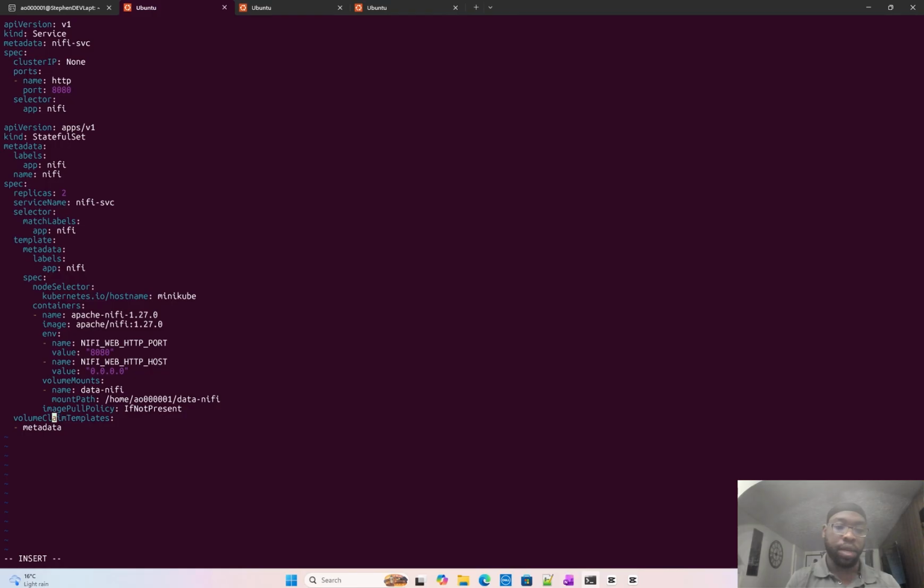Before I do anything else, I need to make sure that this is in the same indent as the template. Okay. So metadata, the name of the volume is going to be data NiFi, has to match what is above, and spec is going to be